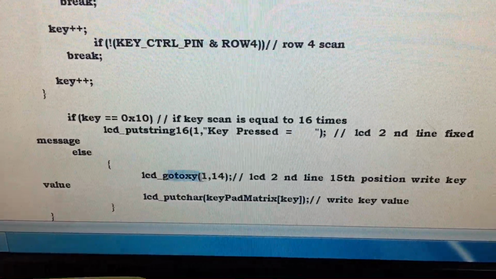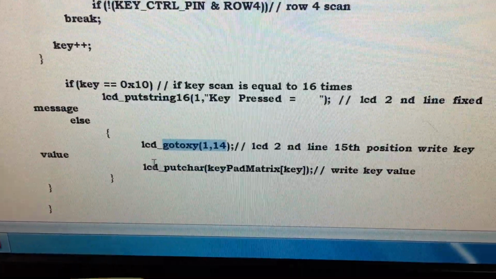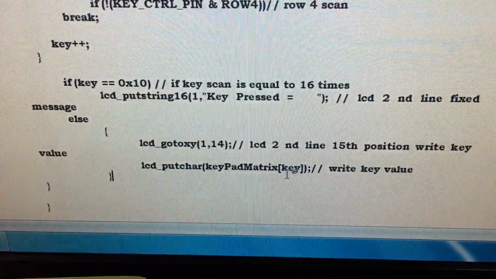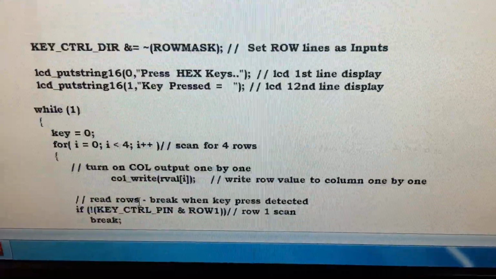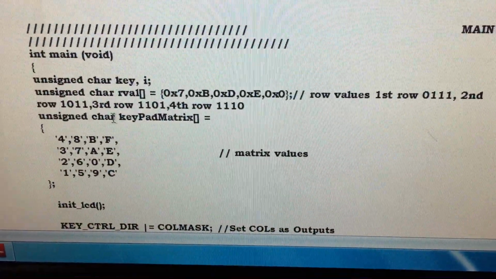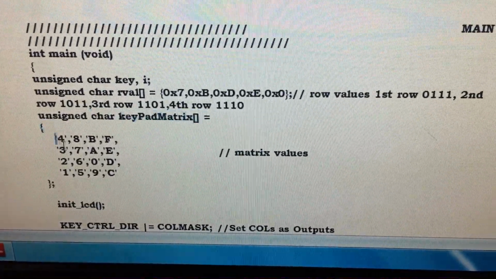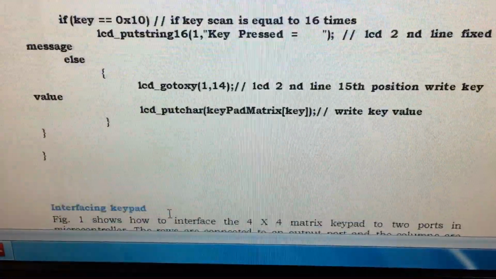Else LCD go to 1 cross 14, the second line, and LCD put char, keypad matrix, you put the key there. Where is the keypad matrix here? I have given the keypad matrix here. Okay, so whatever key you have pressed in the keypad matrix will be displayed on that particular